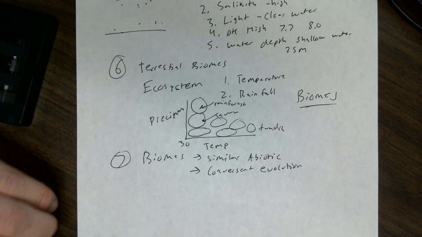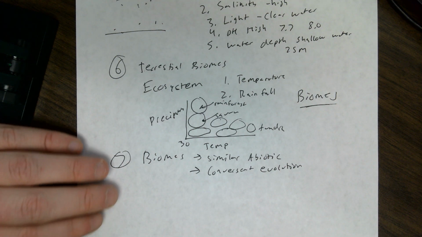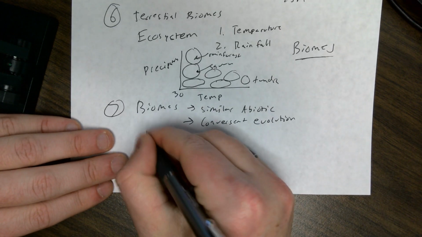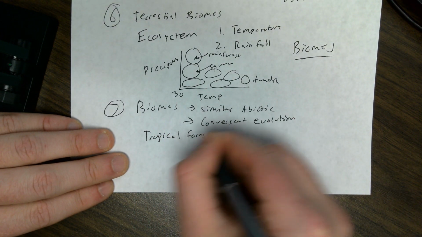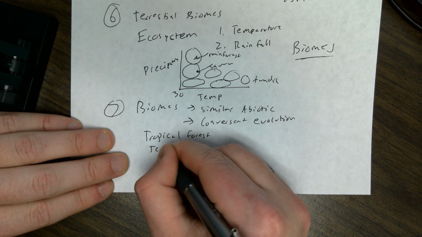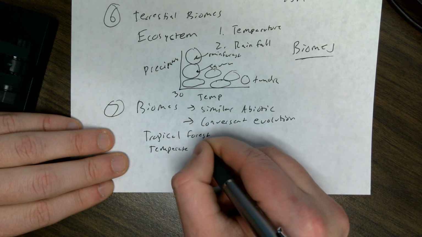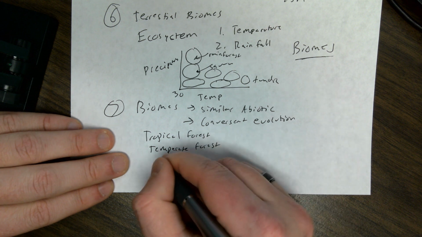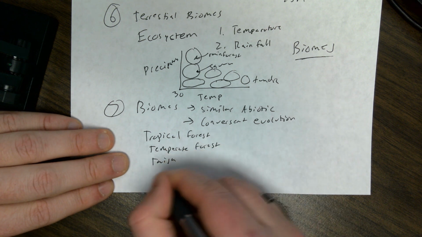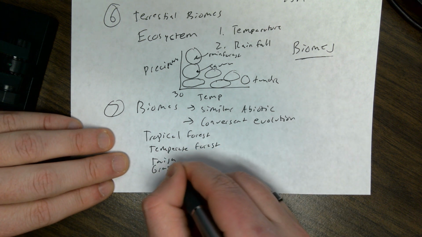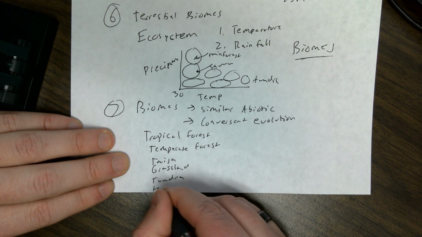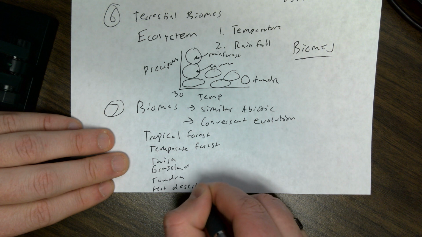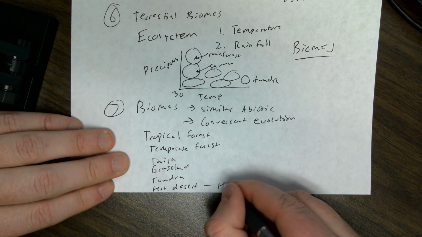And so you need to know certain biomes. You need to know what makes them the way they are. So you need to know tropical forest, temperate forest, taiga, grassland, tundra, and hot desert. The easiest two, in my opinion, are hot desert, which is high temp,